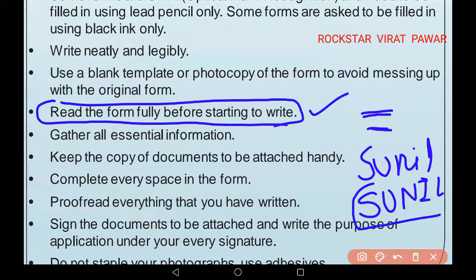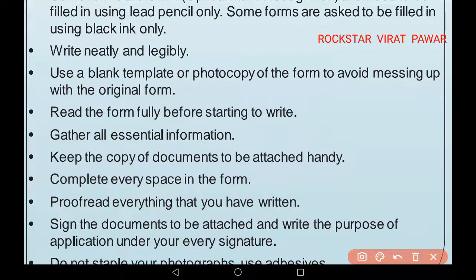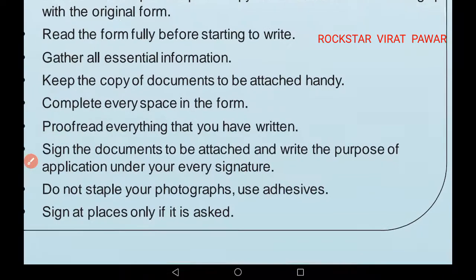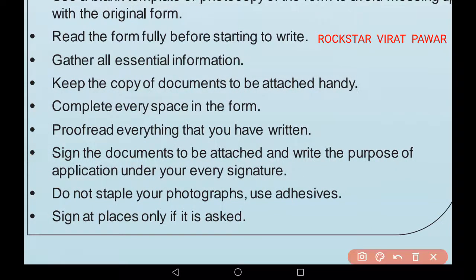That's why you should fully see what information is required regarding this form and how to fill it. Many times students just get a form and try to fill it in Marathi, but the form says that you should write it in English format.